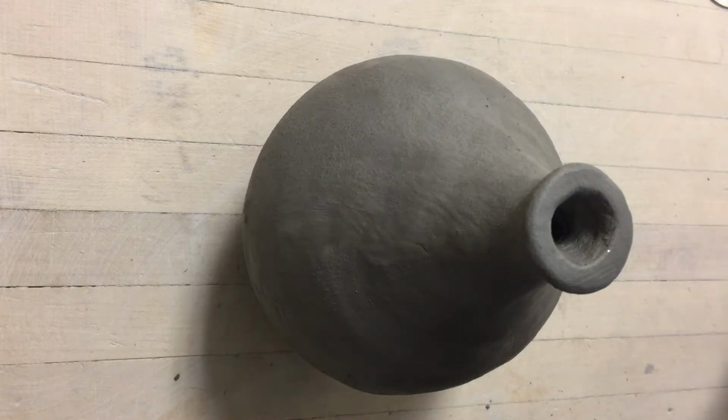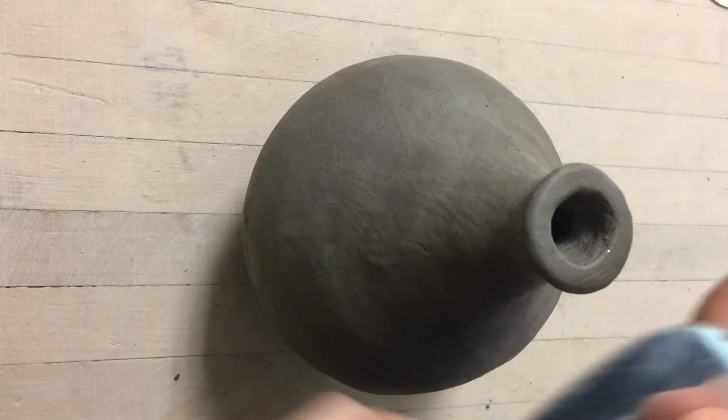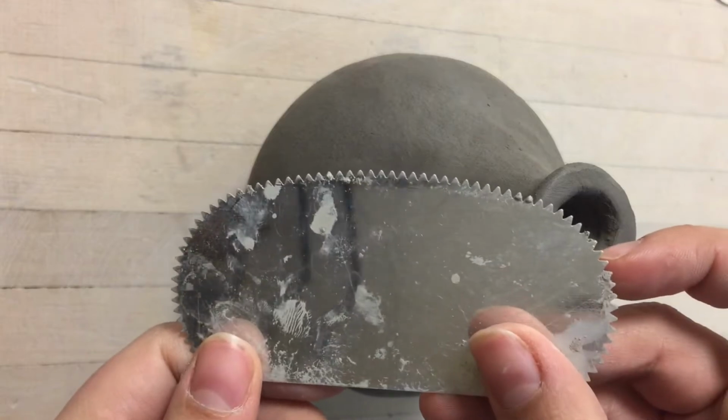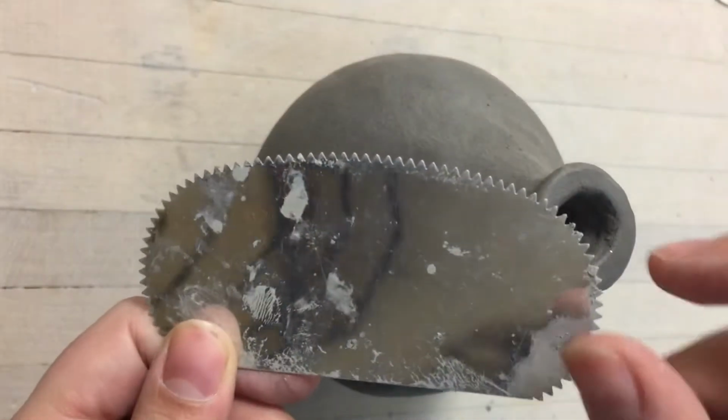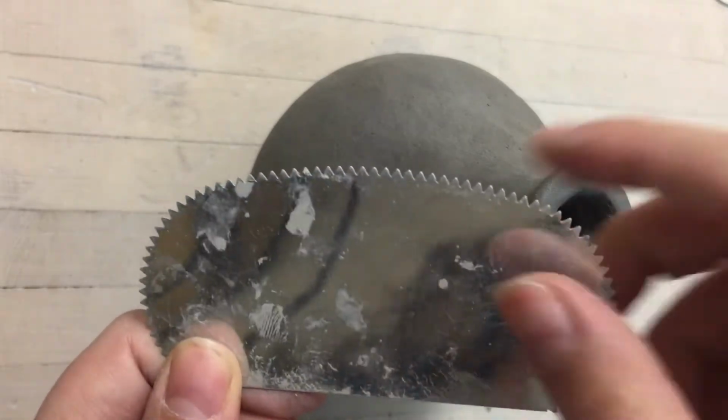And so what you're going to do, to get it nice and smooth on the outside, is use one of these serrated metal rib tools. Now, those of you at home probably don't have this available to you. That's okay. If you don't have something like this at home,